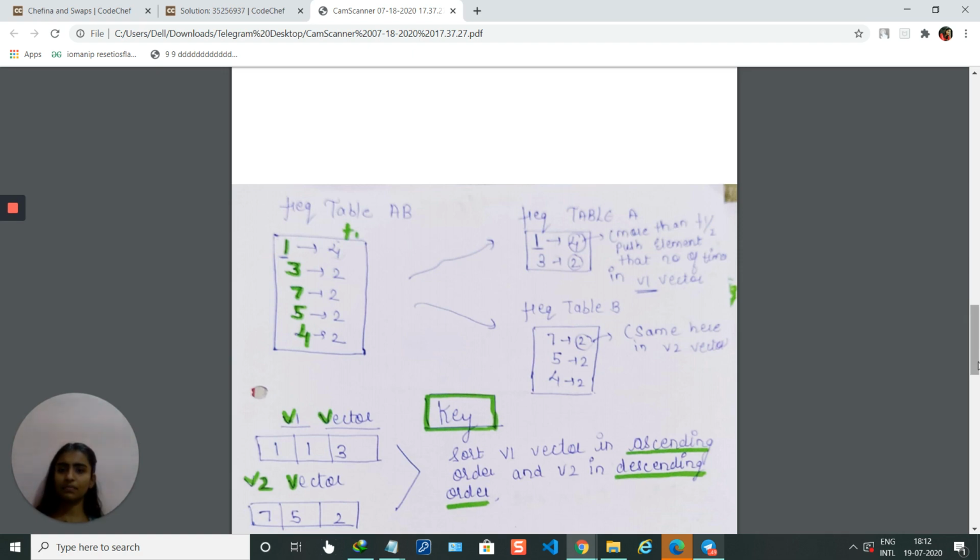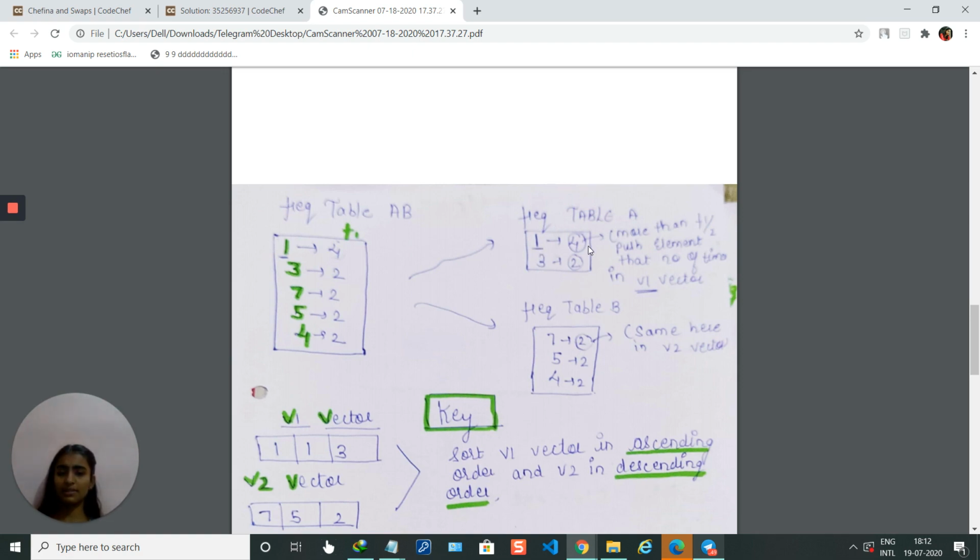I mean to say, 4. So for 4, 1 occurs 4 times here. So in the first sequence, 1 should occur 2 times, and in the other also 2 times. 3 occurs 2 times, so in the first sequence 3 should occur 1 time, and in the other also 1 time. So in this way we will check. That's why I made an individual frequency table of both sequences. This is for the first sequence and this is for the second sequence.